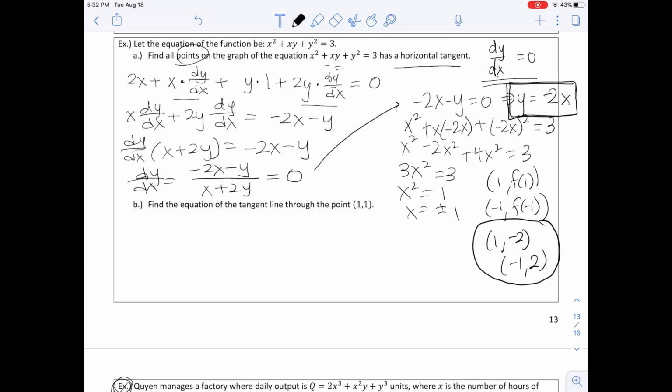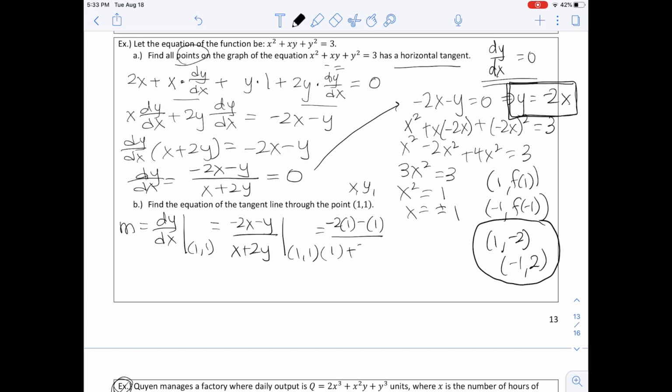Part B says find the equation of the tangent line through the point 1, 1. And so that's going to be our x1 value and our y1 value. And our slope, which is equal to the derivative dy/dx, evaluated at that point, which is going to be at 1 comma 1. And so our derivative is negative 2x minus y over x plus 2y, evaluated at 1 comma 1. And substituting that in,